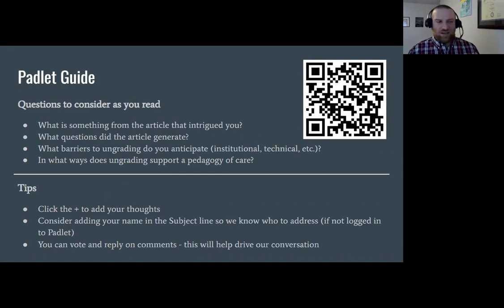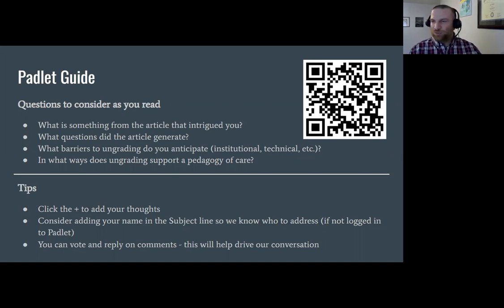While you're opening that article, these are the questions you'll see in the Padlet. A couple of suggestions when you go to the Padlet, which can help guide your reading as well. When you're ready to give responses, click the plus under each question, and your response will populate beneath it. Consider adding your name to the subject line.